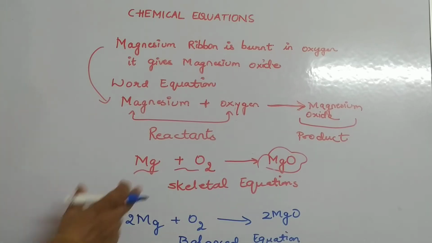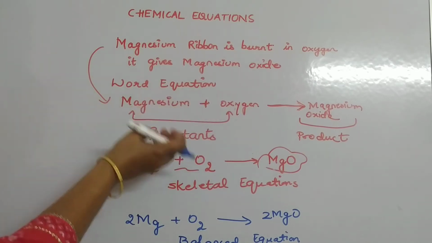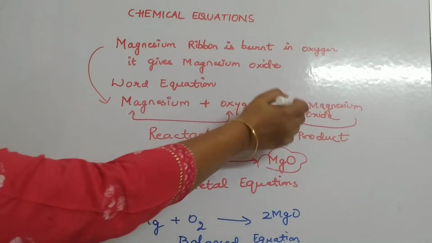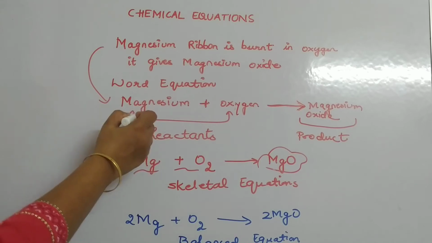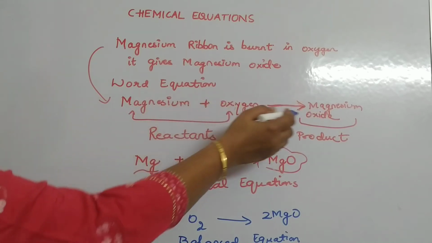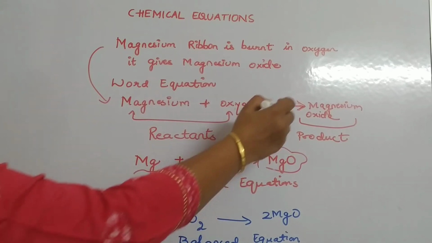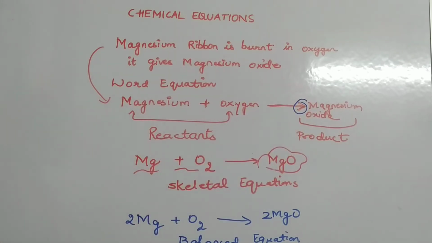So now you know reactants are those which we are taking initially, and a product is that substance which is formed by the reactants during a chemical change. The arrow indicates the direction of the reaction, means these two reactants are giving a new product, a new substance, and that is why you can see the arrowhead also. Now, can you make this reaction more informative? Yes, you can do that. So let us see how we can make it much more informative.